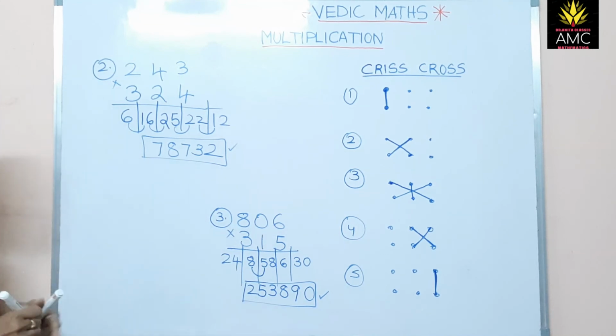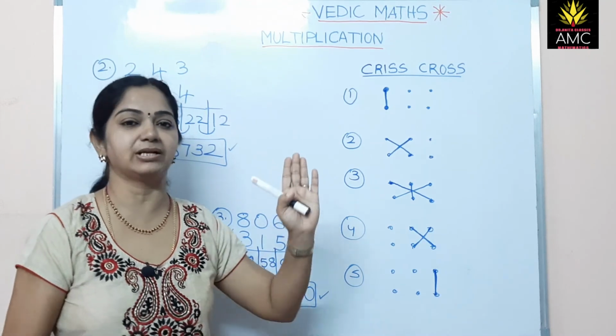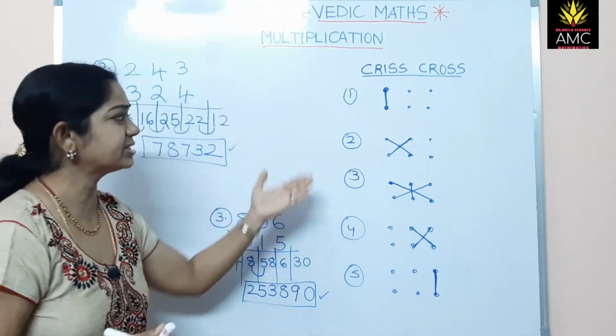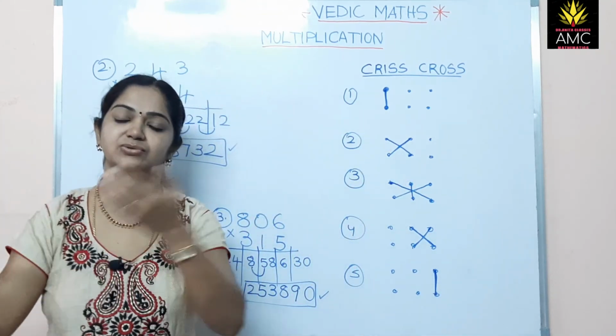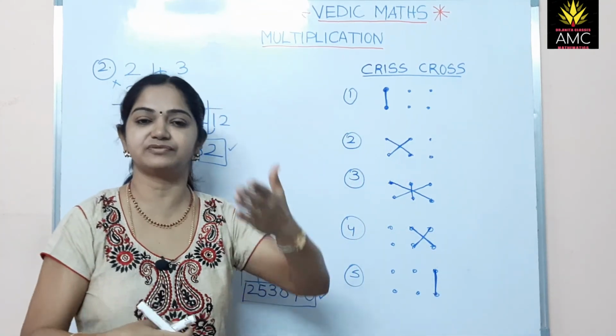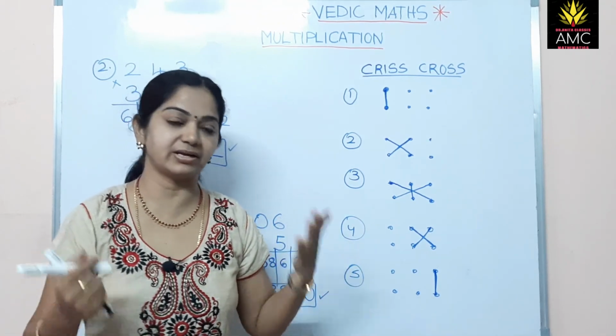Now with this, I hope you have understood the concept of 3-digit multiplied by 3-digit and how many steps you need to take. You just do 3-digit plus 3-digit minus 1. So 6 minus 1 is 5 steps. Likewise for 4-digit by 4-digit, you can also calculate the number of steps. Hope you have understood it.